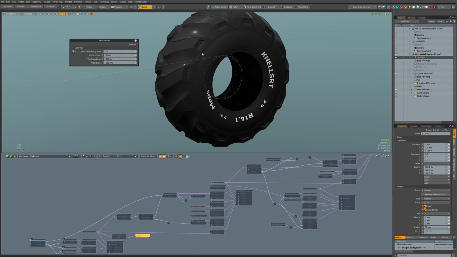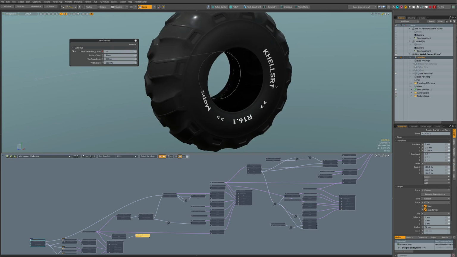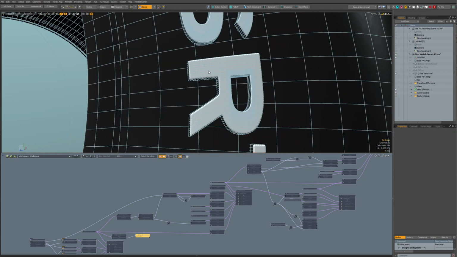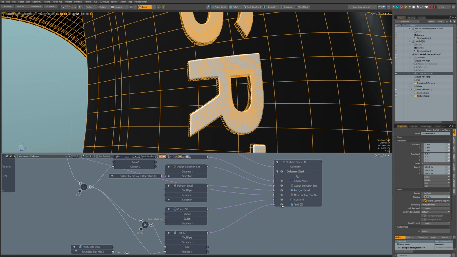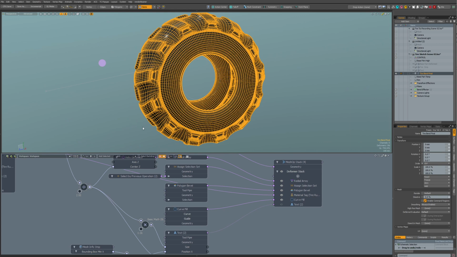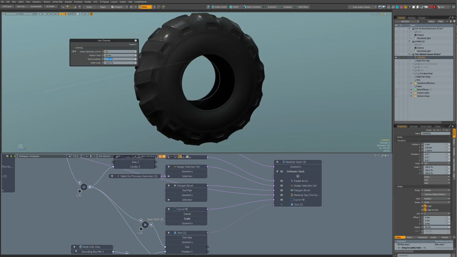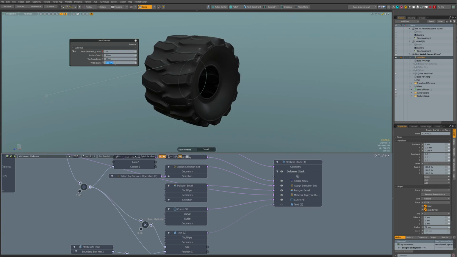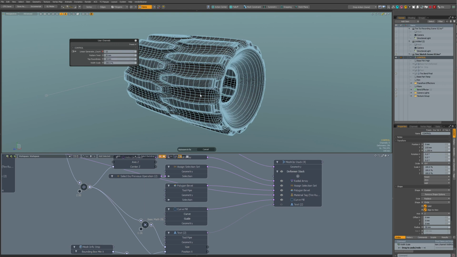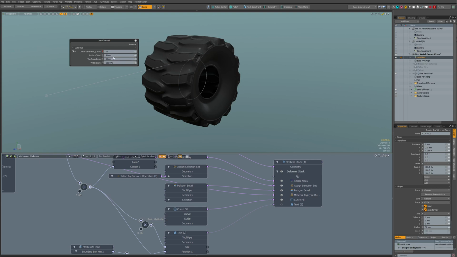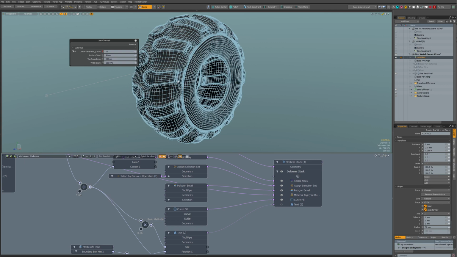So like that. It's a bit slow because we have this text here and it's quite dense, so maybe if I turn it off we can get more responsive results. So let's make that kind of flat. Okay, and a bit wider, it's too much, I know. Yes. Let's get back to some nice settings so we can check how it actually works, and then we are going to recreate it.